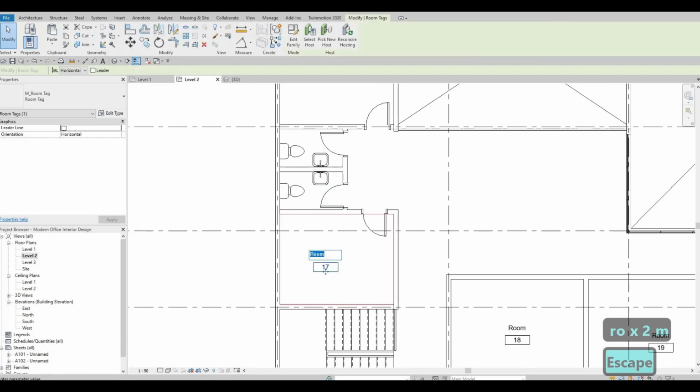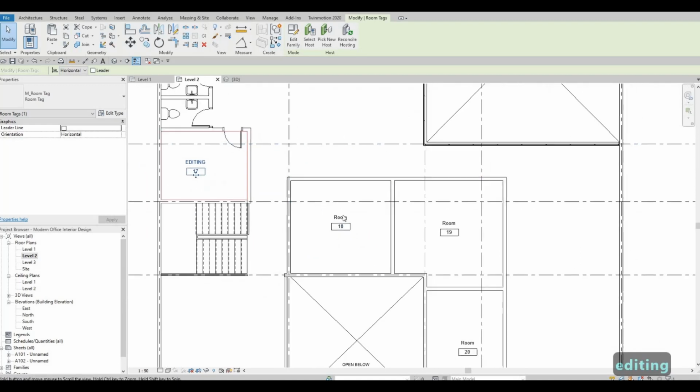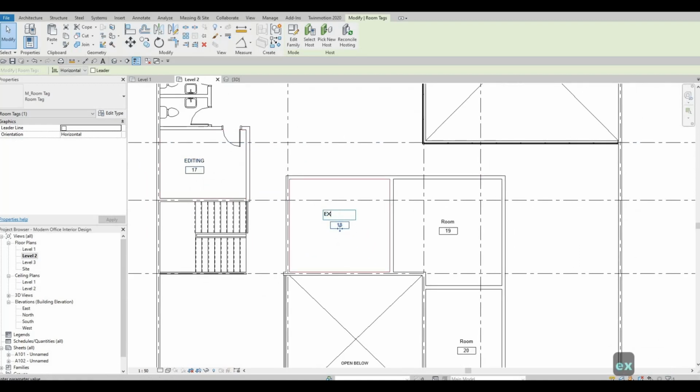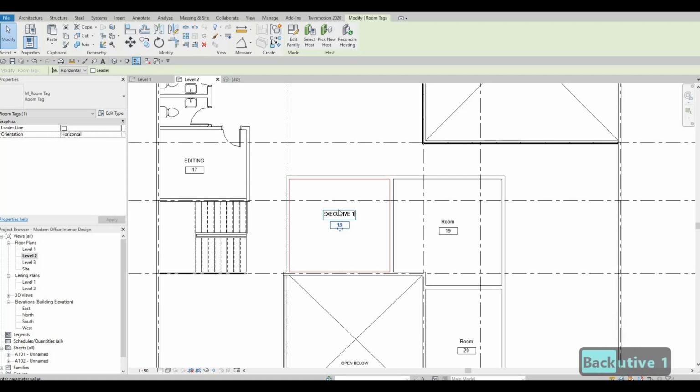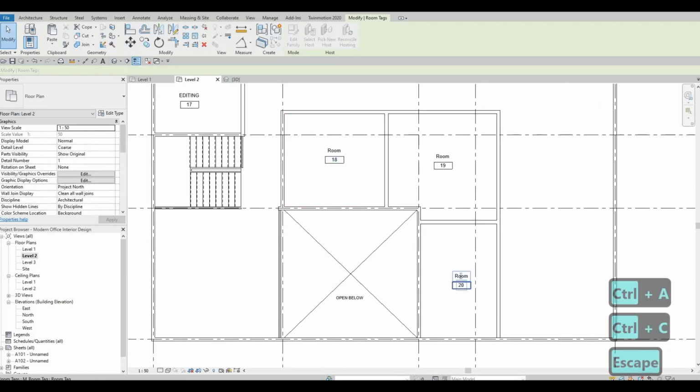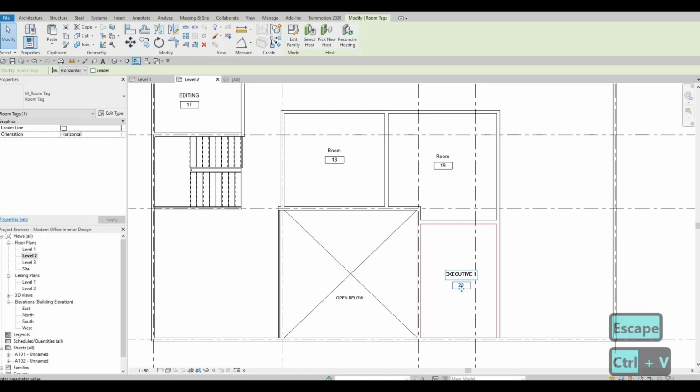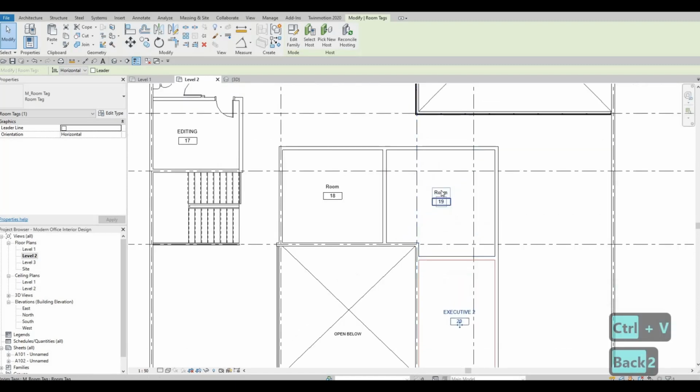We have editing here. We have executive, exec, office number 1, and then we have number 2 right here, and then here this room will be the preview room,